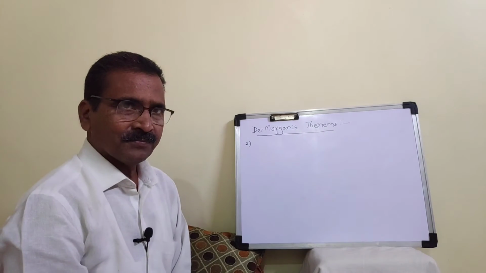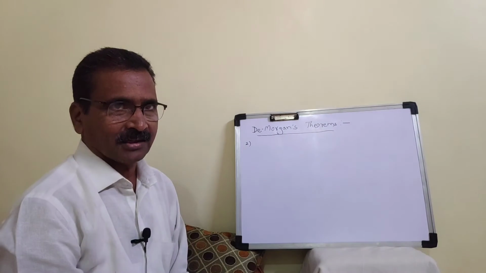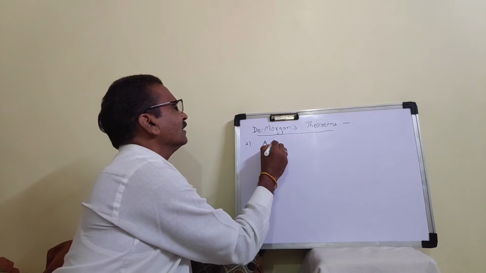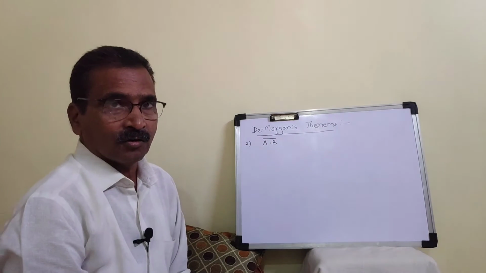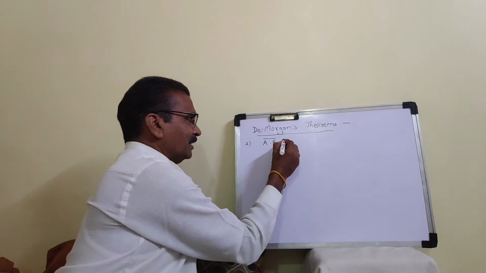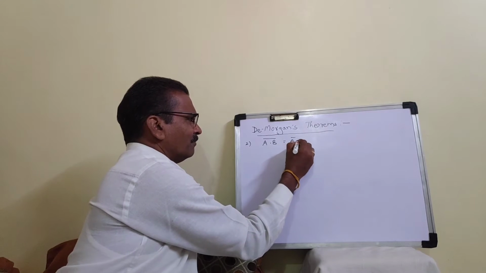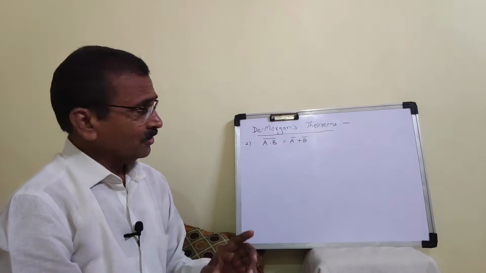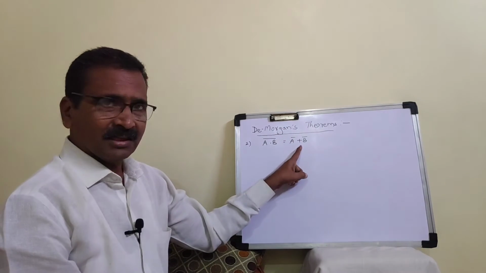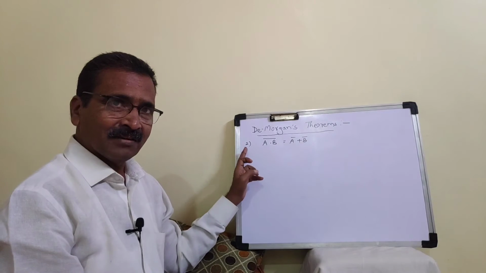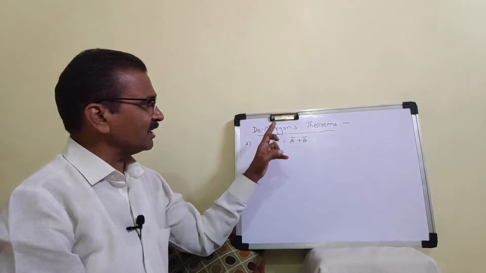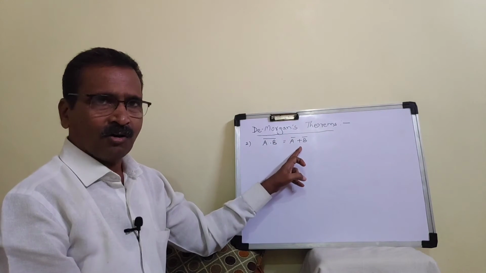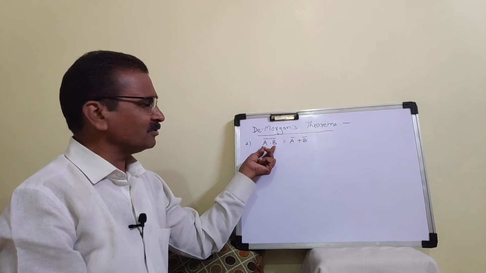Like first theorem, now let us see about second theorem. Second theorem is for NAND gate. What is the Boolean equation of NAND gate? That is A dot B whole complement. So that can be equals to A complement plus B complement. In our first theorem we have changed plus sign into dot sign, whereas in this second theorem we have to change this dot sign into plus sign. That means this AND is replaced into OR. This is the Boolean equation of our NAND gate.